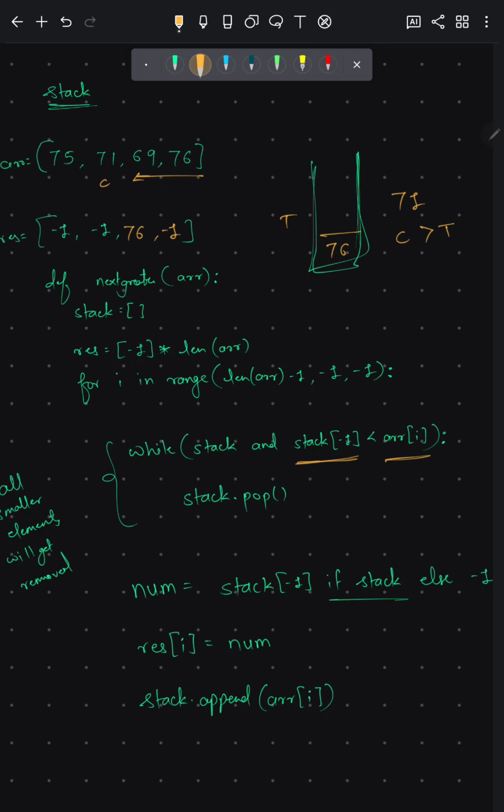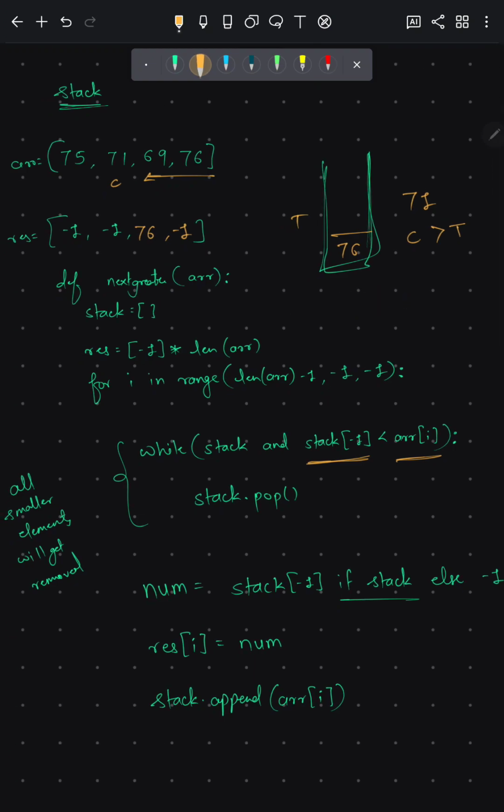And what are we going to do? 76, then we will check 76. Is 76 less than 71? No, so this while loop runs only once. Then what is the top? 76, then it will put it in num. Okay, 76, and we will append 71 to the stack.